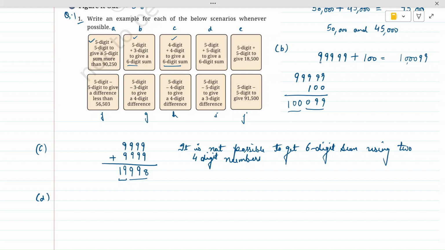Now what we have to do is use two 5-digit numbers in a way so that it gives us a 6-digit number. So here, 5-digit plus 5-digit to give a 6-digit sum. So what we will do here,